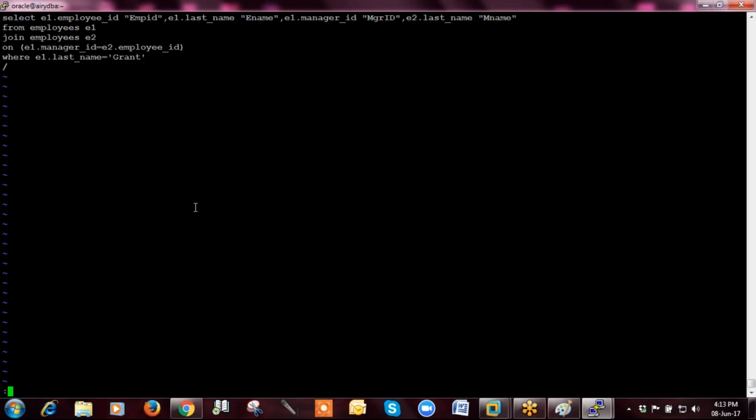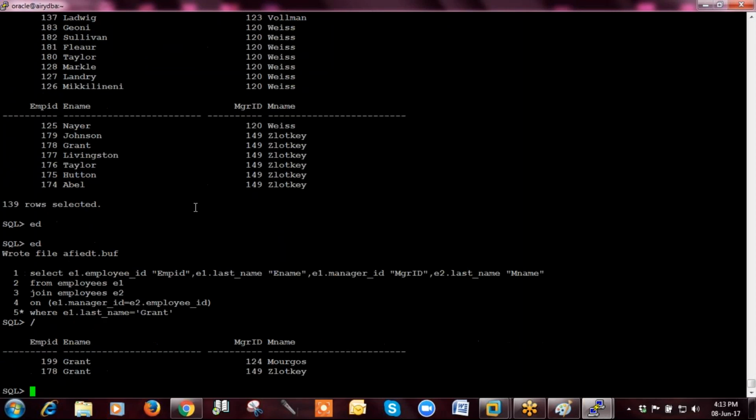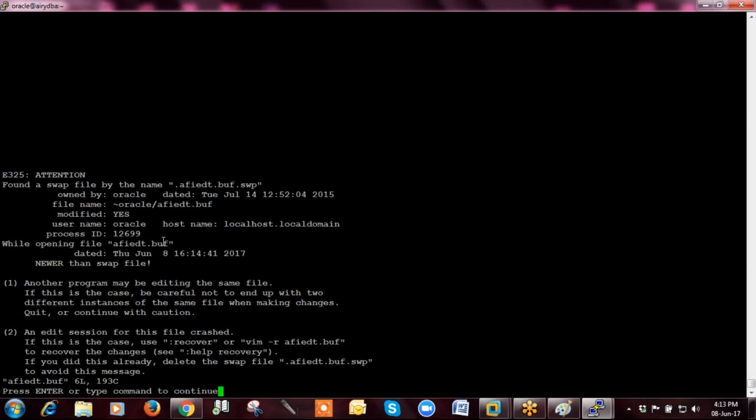So you will get the details of employee Grant. One Grant has manager name Morgus, and another Grant has manager name Jodsky. So this is what a self join was.